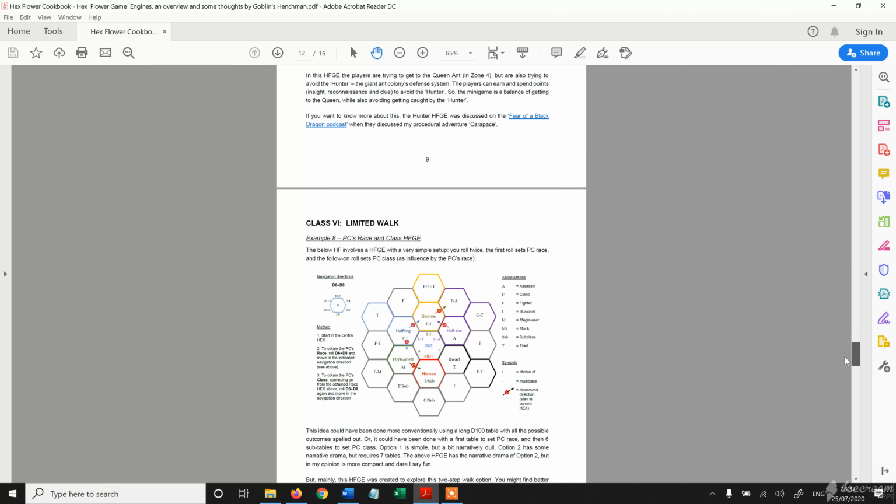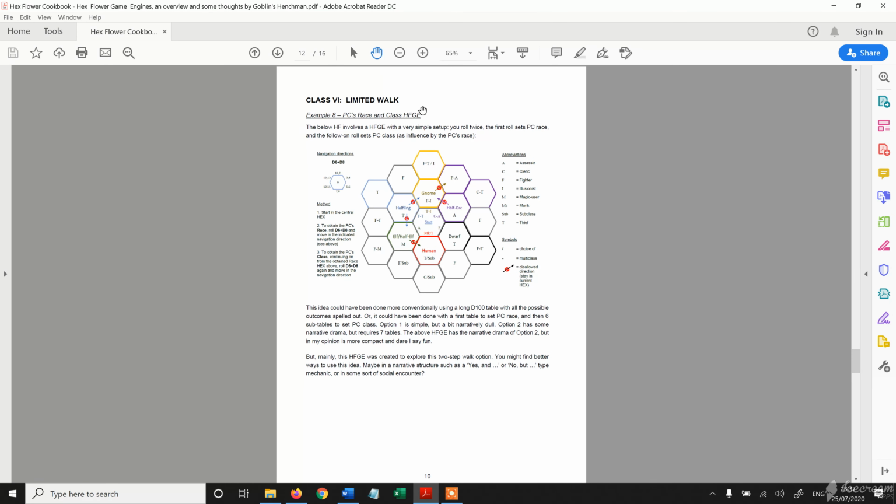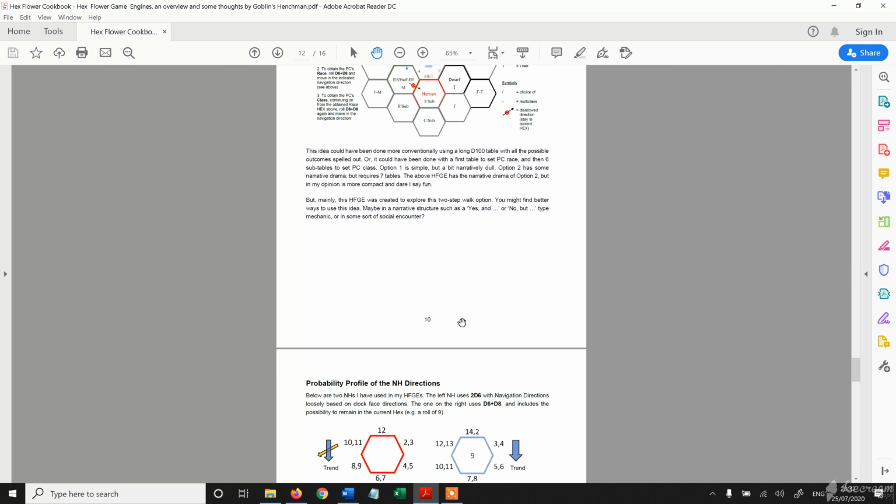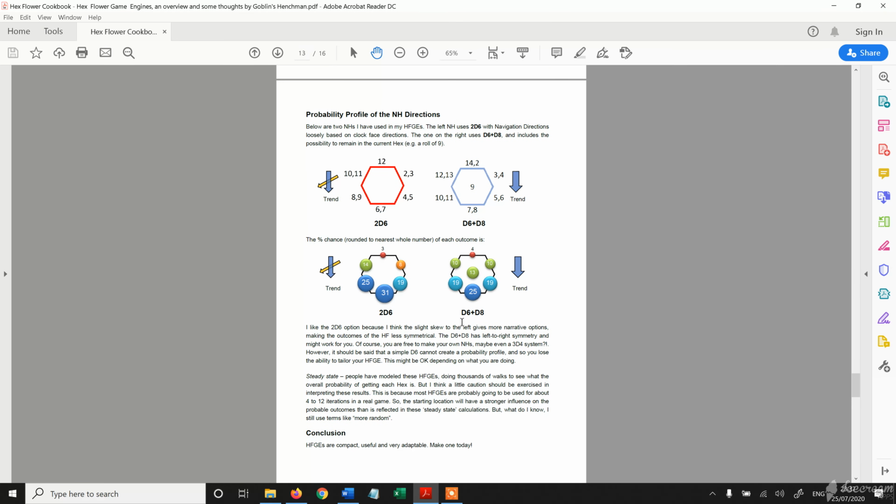So I think when I last left off in part 9, I was doing this one here, looking at this kind of idea of a limited walk. You take 2 rolls and you generate a race and then a class, for example. Okay, so we're getting towards the end here. So this is just a quick commentary on